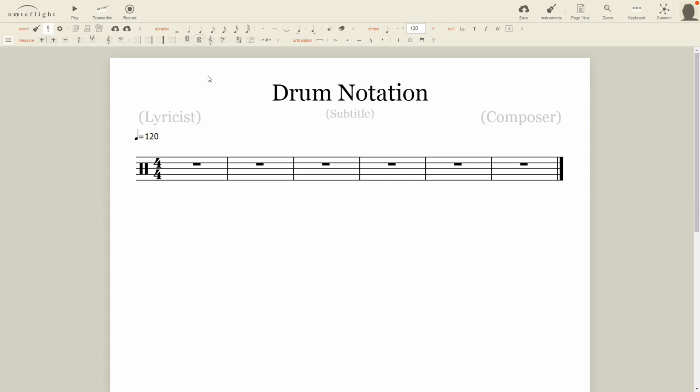Alright, polyrhythms. Polyrhythms are pretty advanced. So a polyrhythm is basically when,